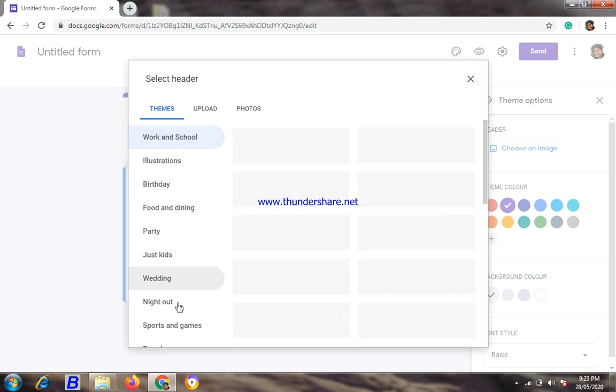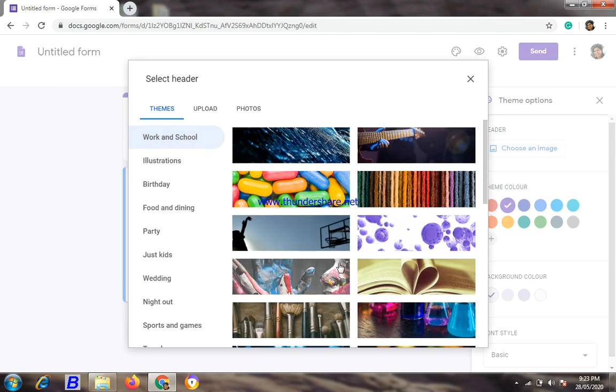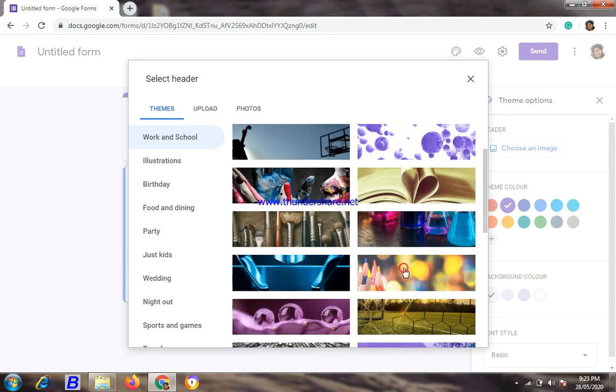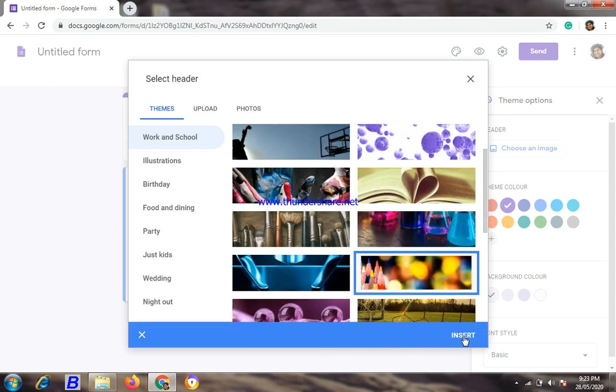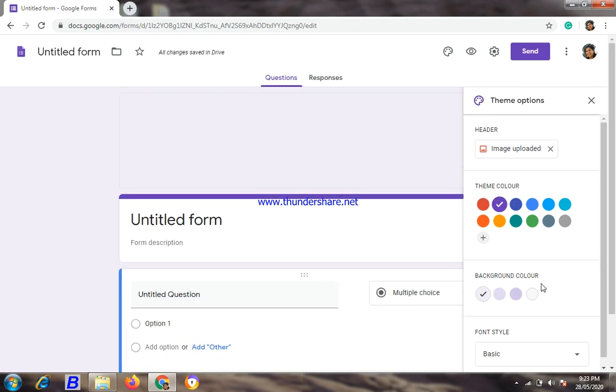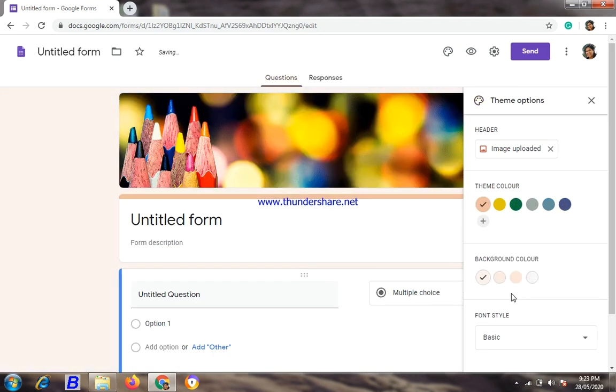We have some categories, so I want work and school, I choose this one and insert. According to that picture, I get the theme color and background colors also, so I want this one, green.